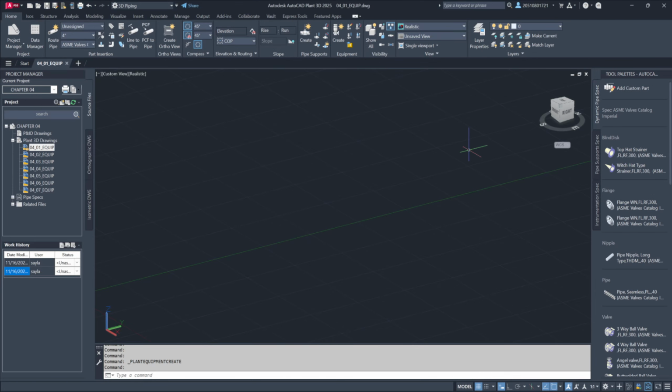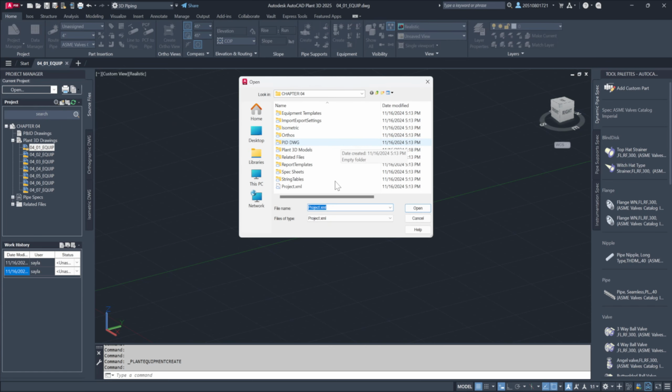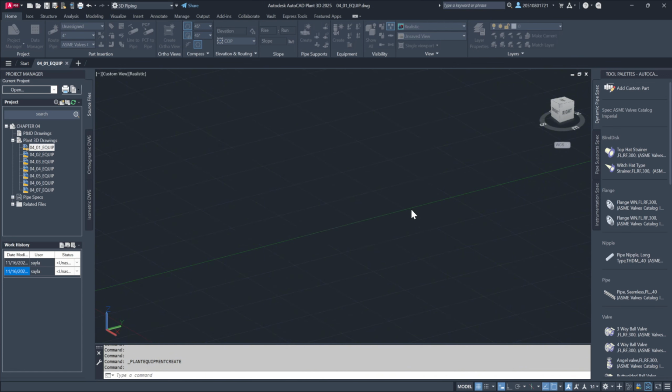Welcome to Chapter 4, where we'll explore equipment. Start by opening the project manager and accessing your exercise files from the desktop. Go to Chapter 4 and select the project XML. Then scroll to the Plant 3D drawings and open